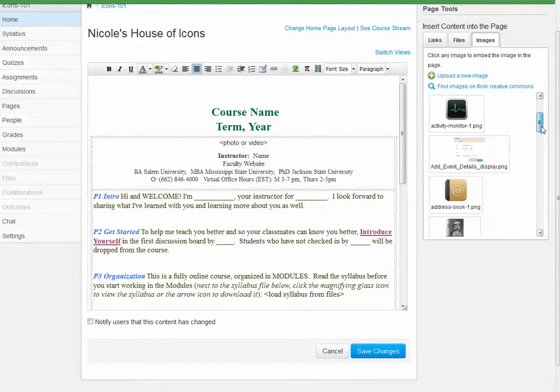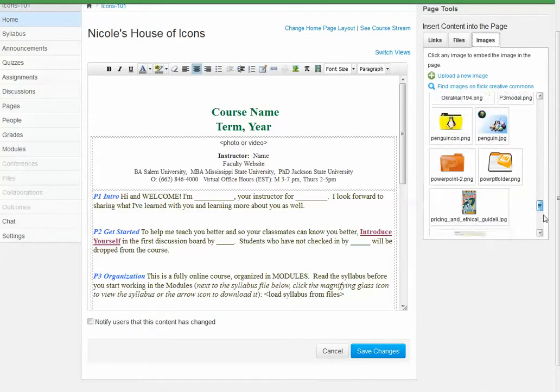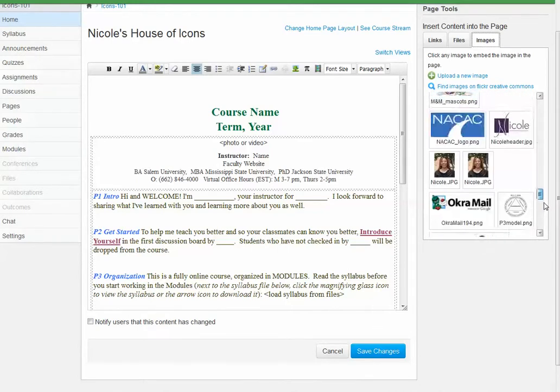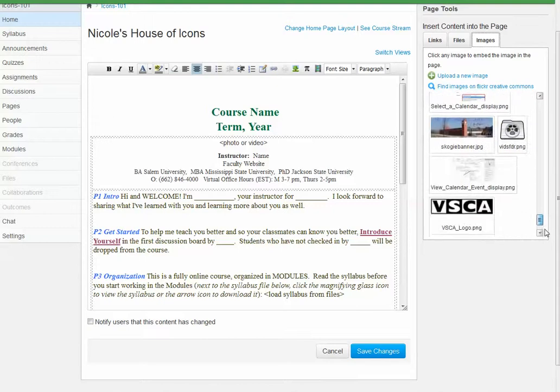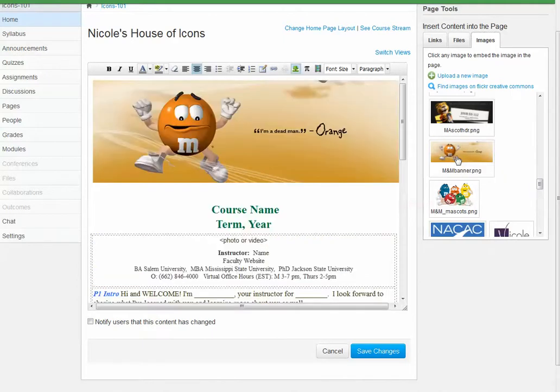Locate the banner that relates to your course, and if you don't have any, we can load some of those for you as well. As you can see, I have quite a few banners here. Once you've located the banner that you wish to use for your course, simply click once and it will load